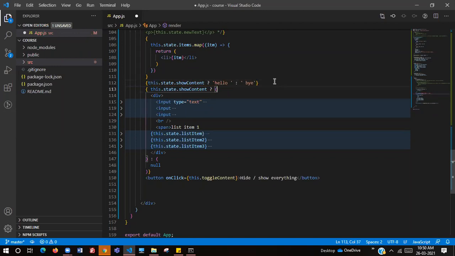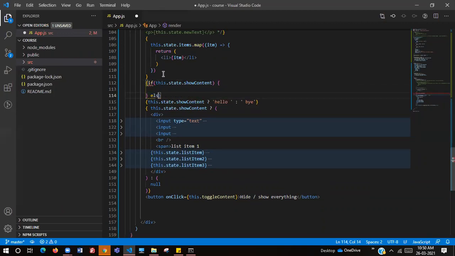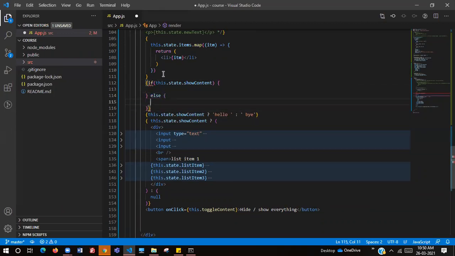So what is this? This is a ternary operator. It is more of an if else. If we take this condition, and if this showContent is true, we execute some code, else we execute some other code, right?